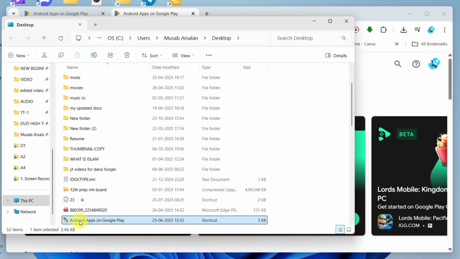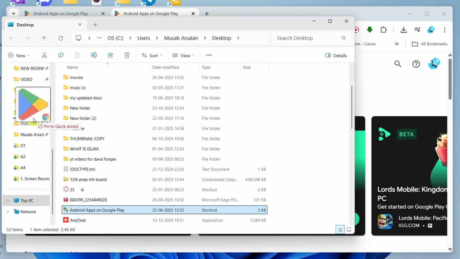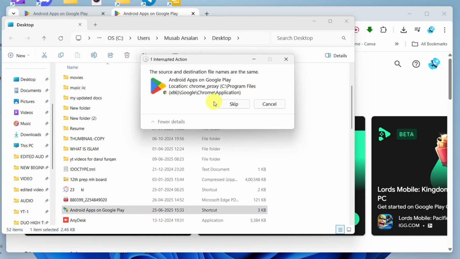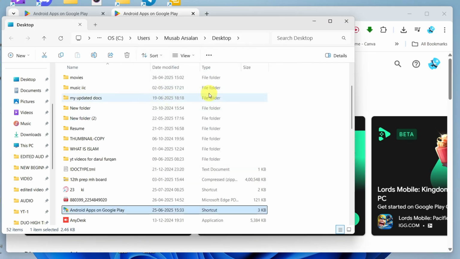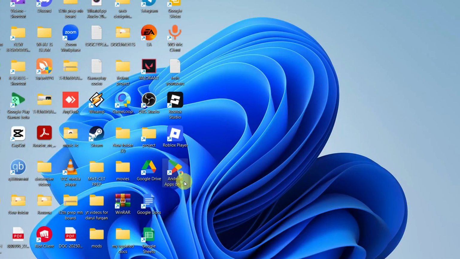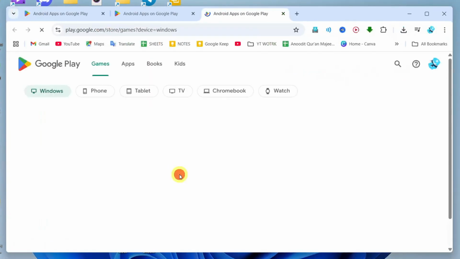You can save it where you want to save. For example, if you want to save it on the desktop, simply take it here and move it to the desktop. So that's it. After completing this step, now if you want to download an app from Google Play Store, for